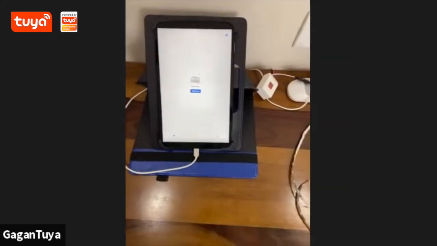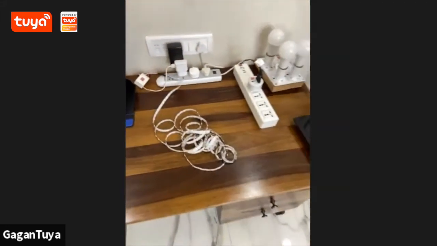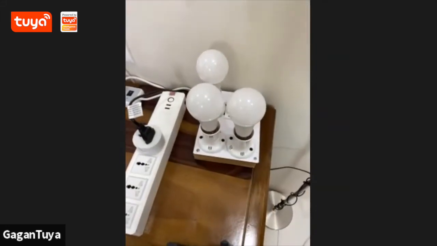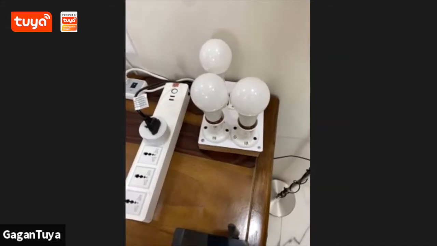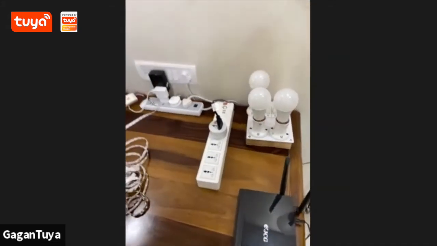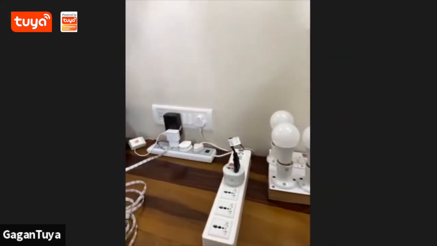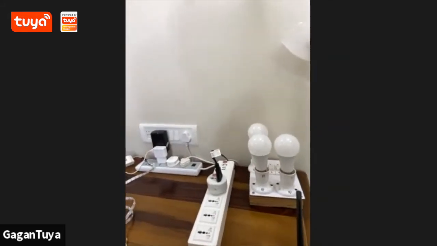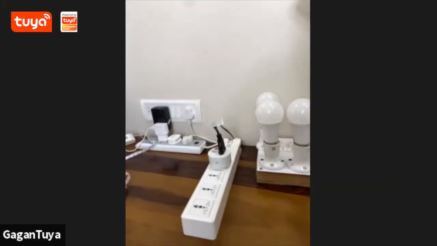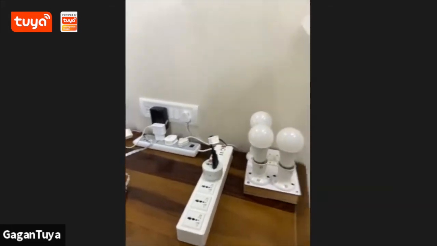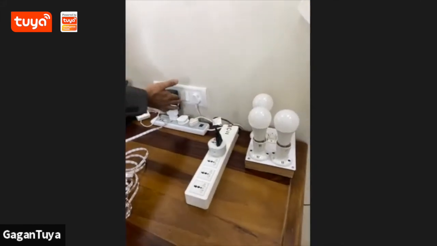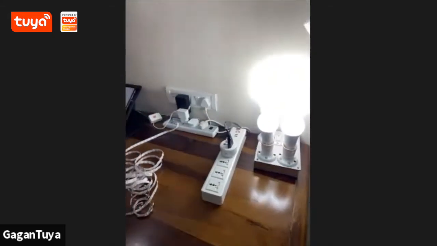Now we'll again go back to the smart devices. Here we have three different smart bulbs. So first, before we pair them, we need to ensure the lamps are in the pairing mode. How can we ensure that? If we power up the lamp with the 230 volt AC supply and the lamps are in the blinking mode, then the lamps are ready to pair with the app. If they are not blinking, then we have to reset them manually, and then they will be converted into the pairing mode. So let's just power on the 230 volt AC supply to the bulb.